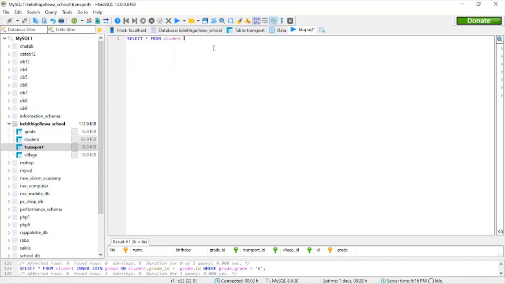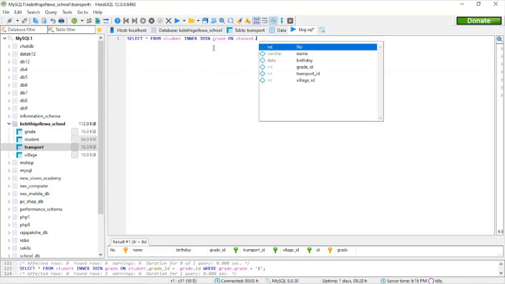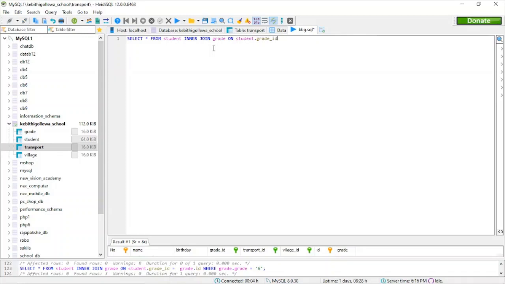student, then type inner join grade on student dot grade id column id equals grade dot id, then type where grade dot grade equals to 6. So when we execute this query,